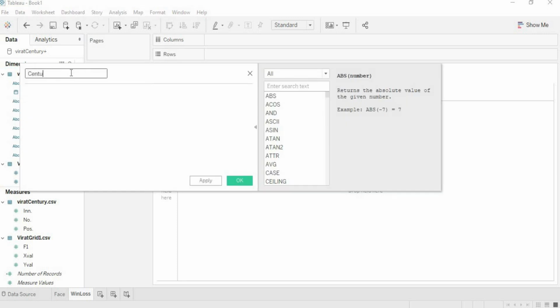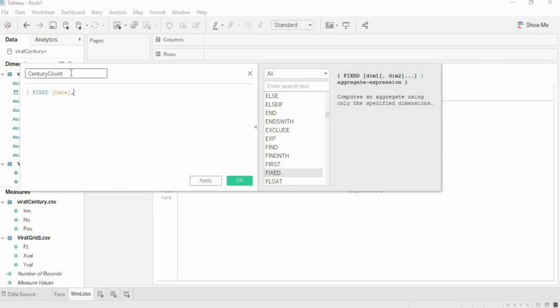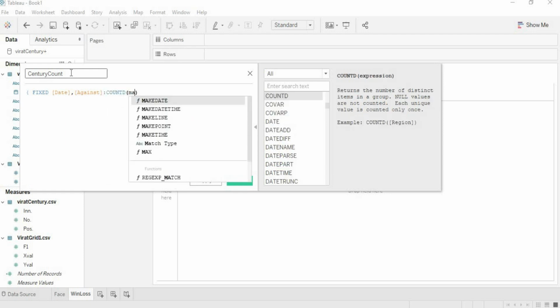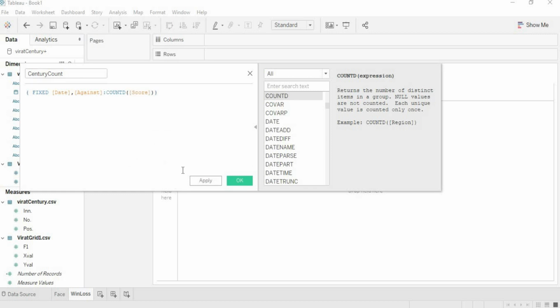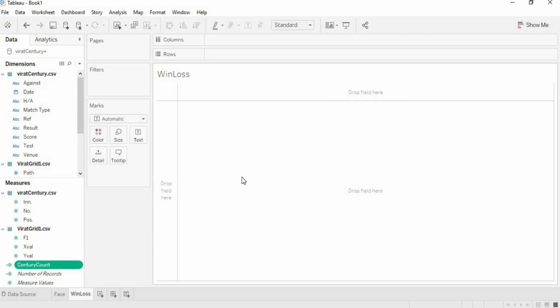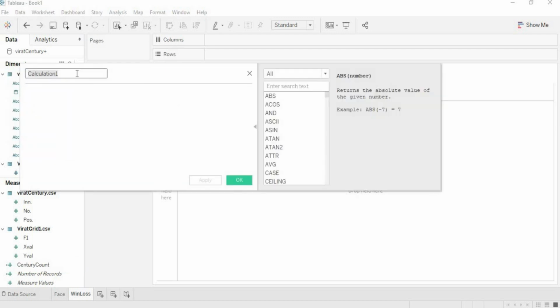So century count using LOD, fixed date and against, colon, count of distinct score. I will create one more calculated field and that would be 0.